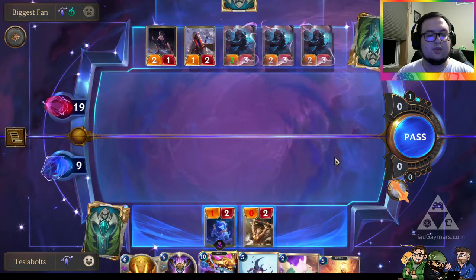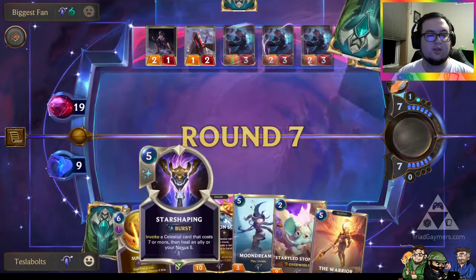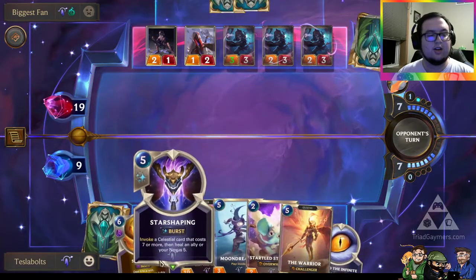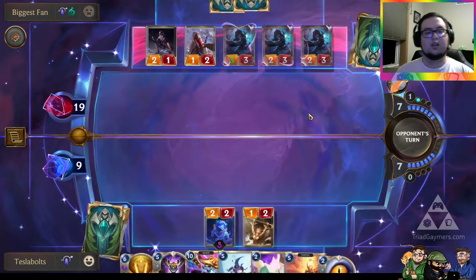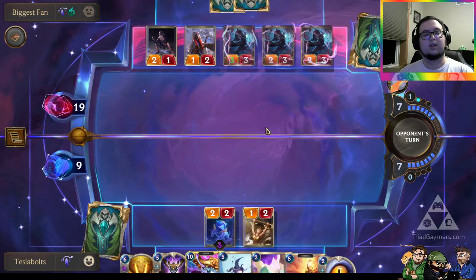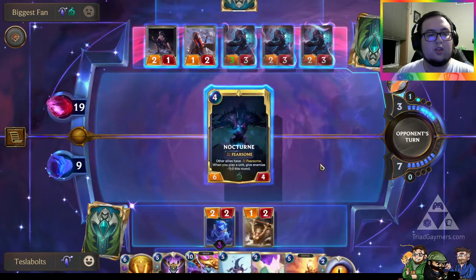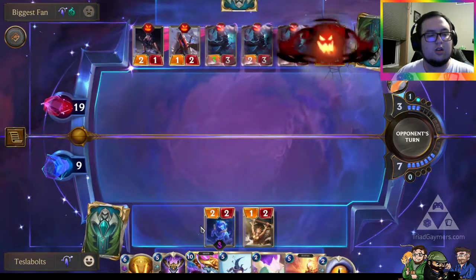Oh my gosh, they have so much damage. I have to pass, and I have to hope that I can do something about that. I can burst the healing. Okay, so that's at least nice. I can do a burst here and get 5 into my Nexus right away. So if they try to attack directly, thinking that will do something, then at least I have that option. This world will know